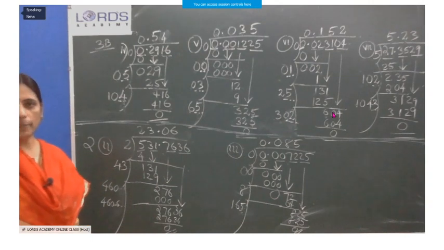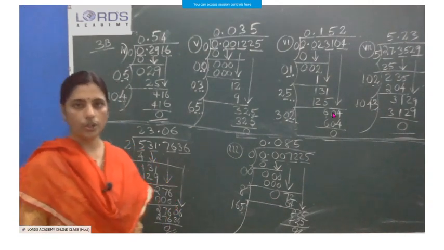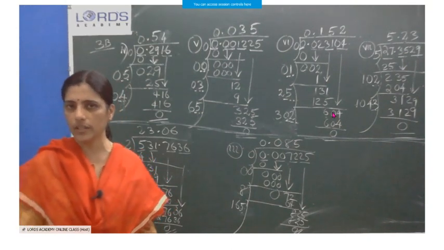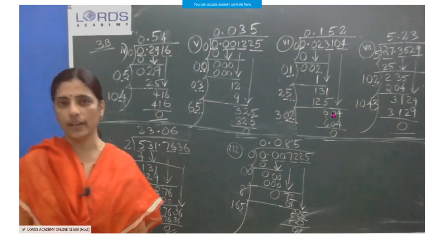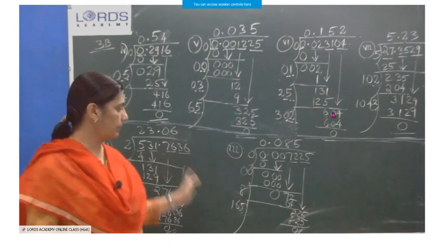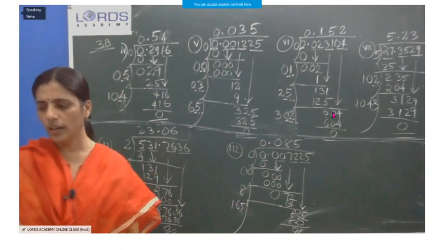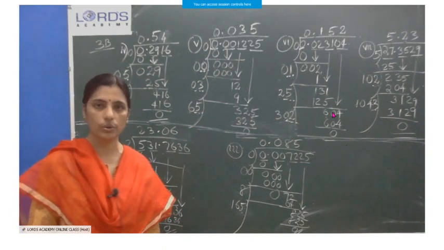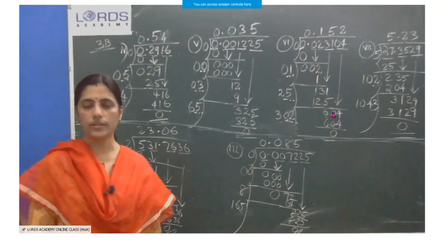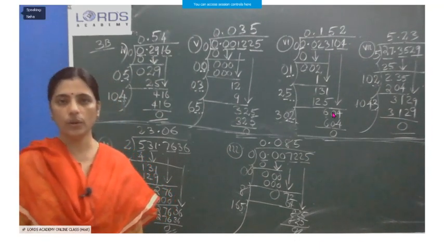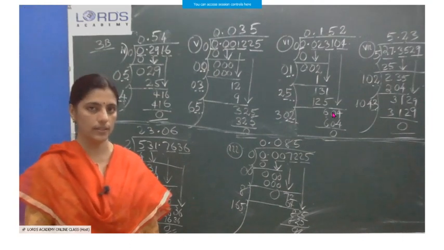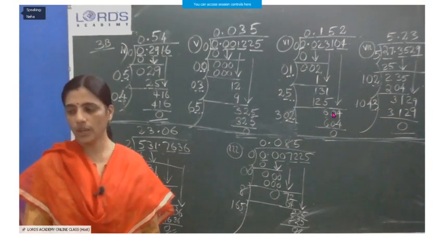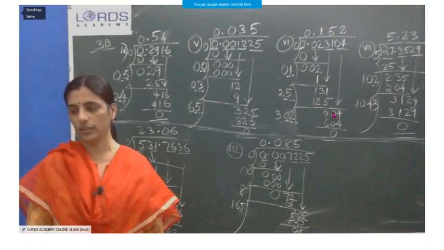Next, question number 2. Find the square root of 4.2025. That question purposely I am avoiding because it is an easy question and the answer only I can share here. Second and third subdivision I did here. First subdivision very easy. Answer I will tell. Question was find the square root of 4.2025. The answer is 2.05. All have to check whether you got that answer. That question I am not doing with this background. You can do that question easy.